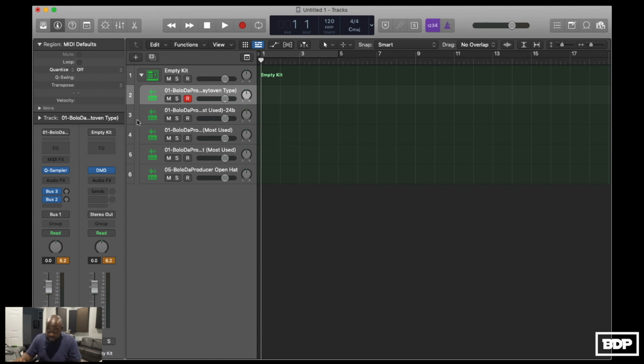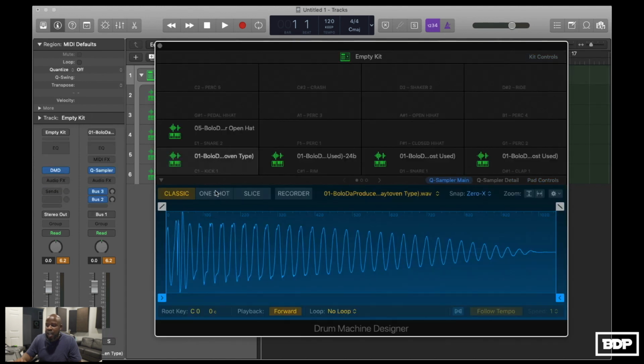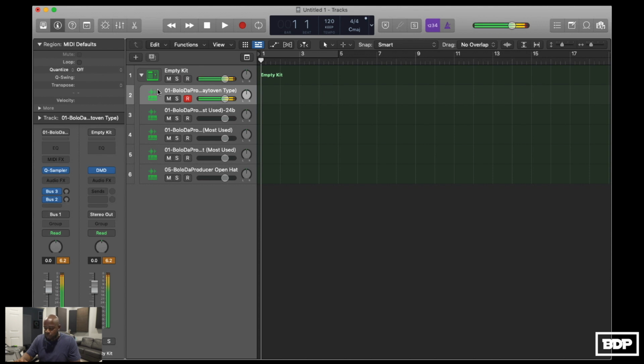Now, the one thing you might have to do is go in here and click on here. Keep it on one shot, and you might have to change some of the pad parameters. As you can see, the pitch of the kick and everything is a little bit off, but you can change the root key of the actual sample to where it'll fit in the middle of the keyboard if you want to use it like that. So I can change this root key to a C3 to where that's the root. So now when I play it back on here,